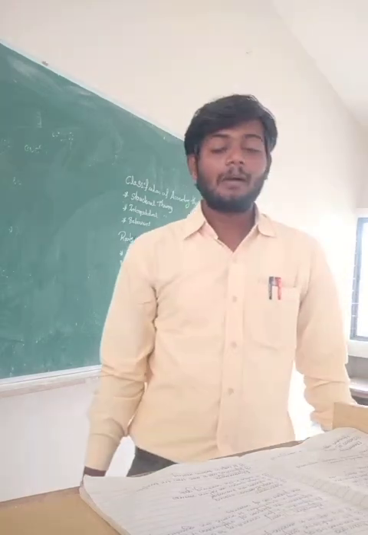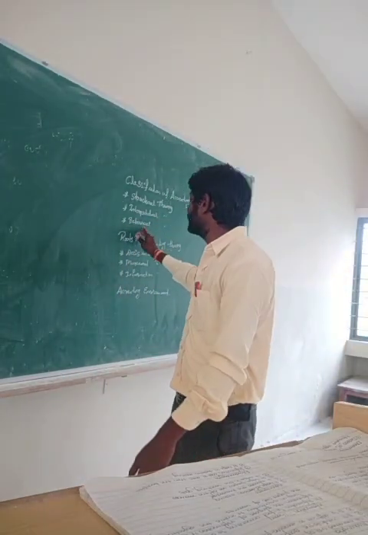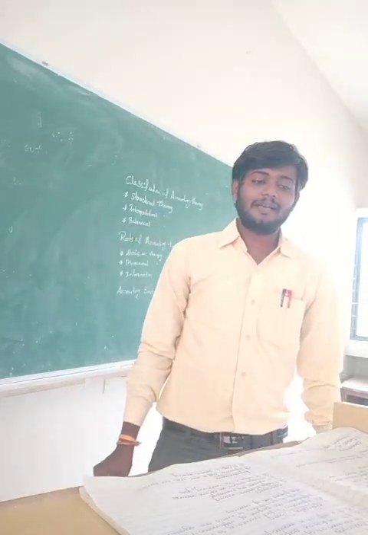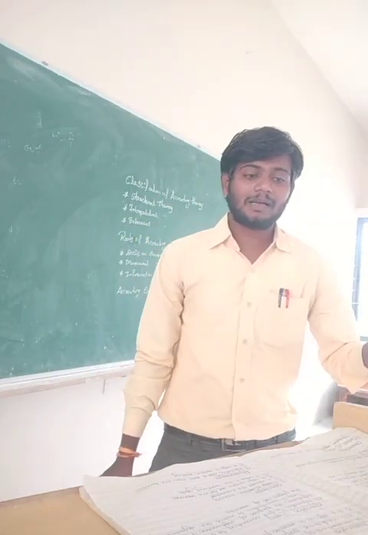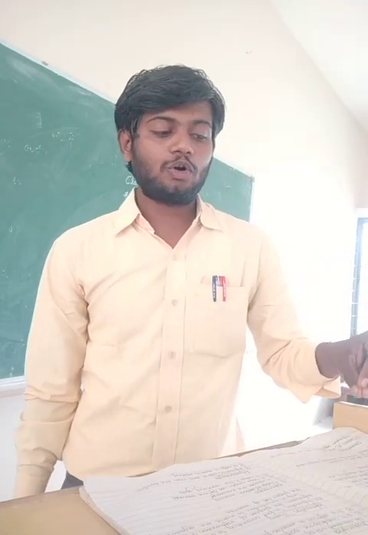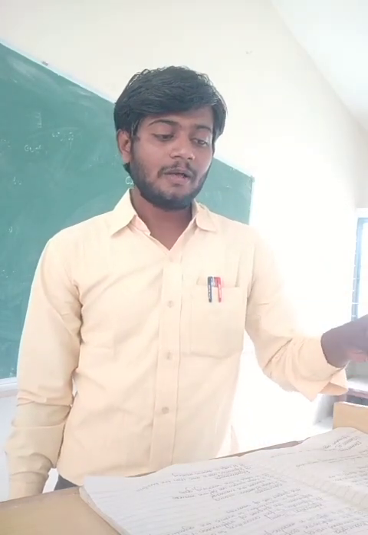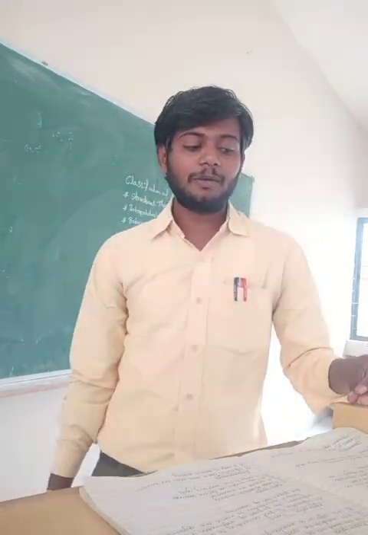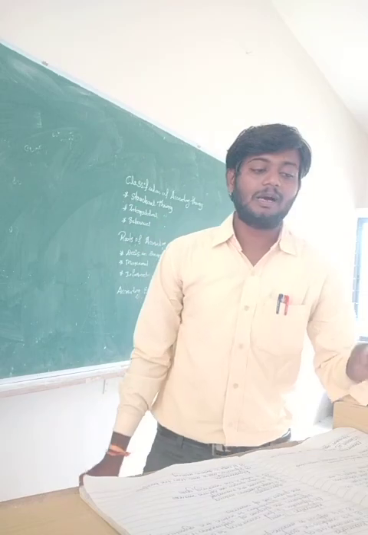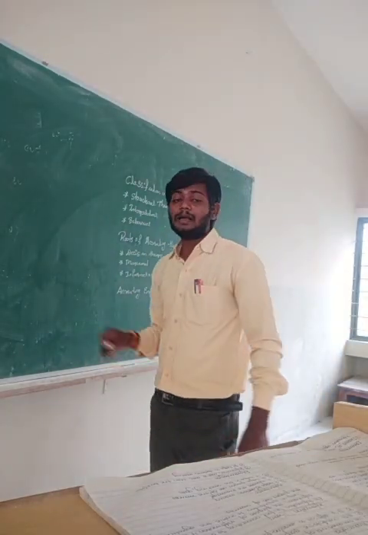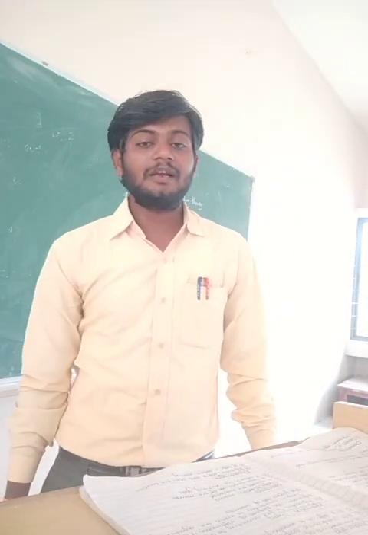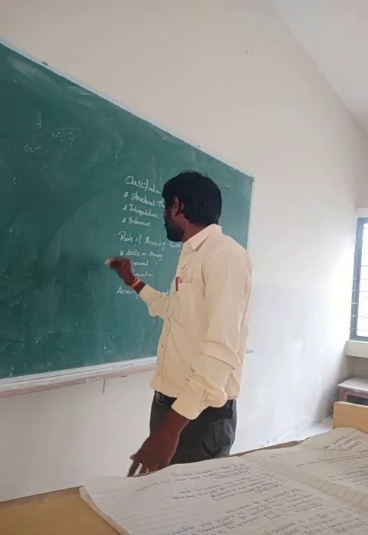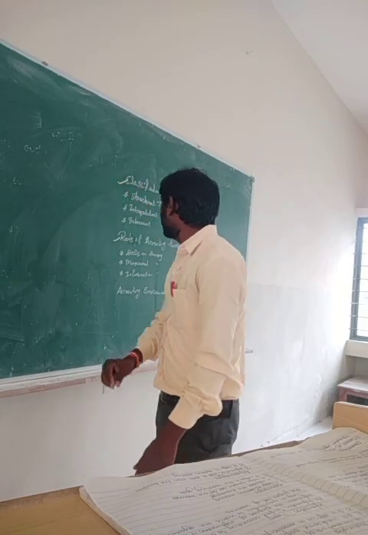And next one, behavioral or programmatic theory. It is very important for a 2 marks question. This theory attempts to measure and evaluate the economic, psychological and sociological effects of accounting procedures and reporting media. This is called behavioral and programmatic theory. It is very important for a 2 marks question. Okay, is it clear?